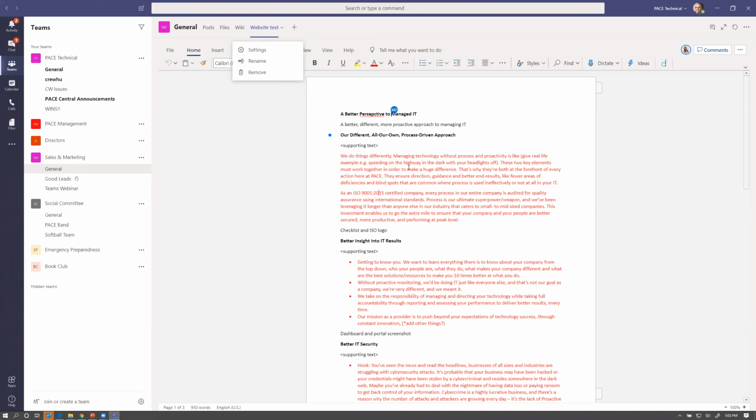And as you can see her typing here, and we can see her making edits. Any of the files that are within Microsoft Teams, they get auto-saved when you're working on them. So if it's Word, Excel, PowerPoint, any of those, you don't even have to go and hit a save button. It auto-saves all those documents for you.